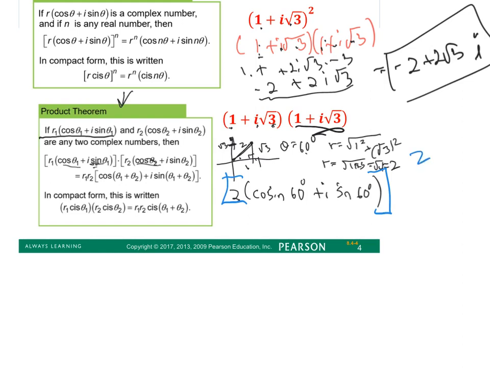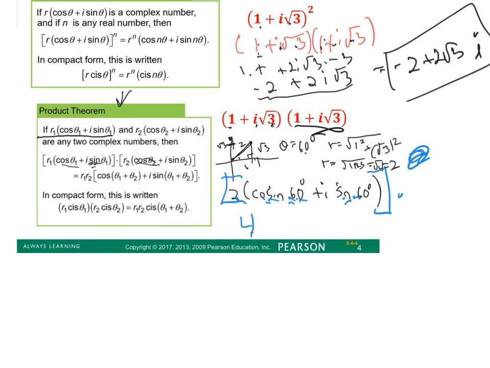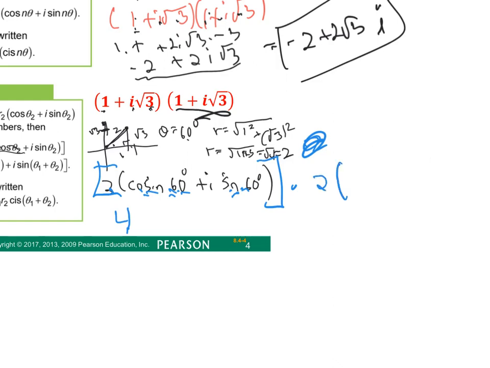Look what we do. When you square the 2, that becomes a 4. And then now that you have these two numbers, the rule from last time was you multiply, you add their... Why am I squaring it? Let's just leave it like 2 times 2 cosine of 60 degrees